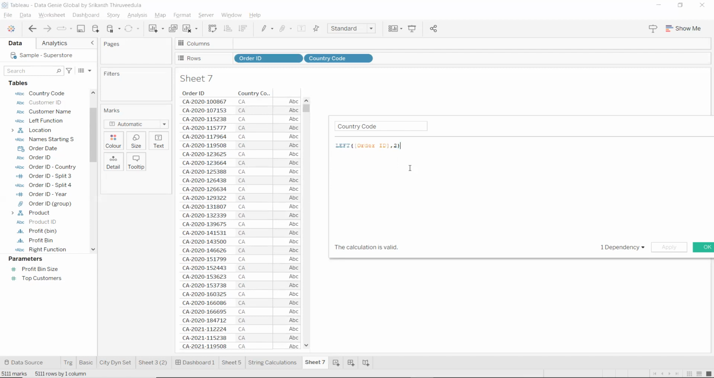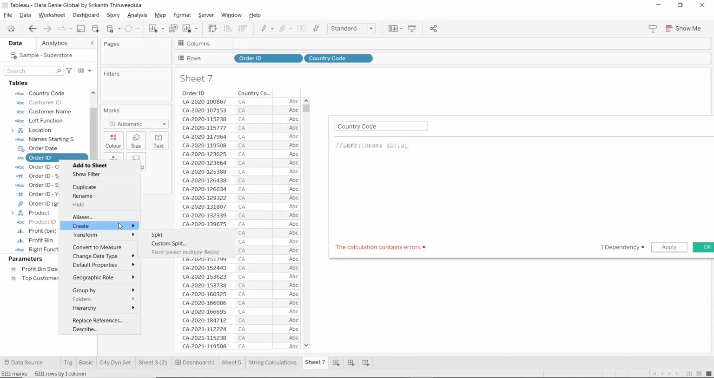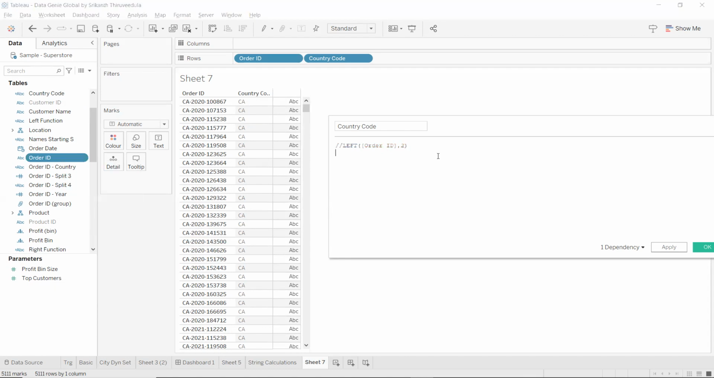Then only you have to use this. Otherwise, we already learned we can use the split function. So let's look at the split function also. You can straight away right click on this and use the split here: transform, split and custom split. But we also have a split function here. So like this, we can use split,